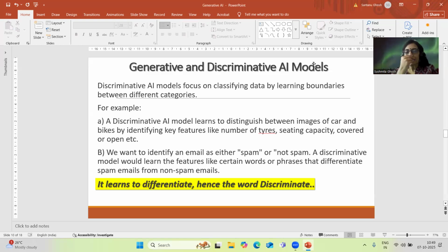है ना? Then the second example, we have said that an email is whether it is a spam or not a spam. That kind of a differentiation. It is not generative AI, it is a discriminative AI model. It learns to differentiate between this and this. Okay? We have used the term